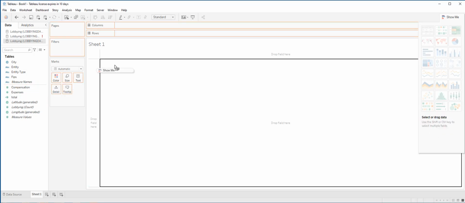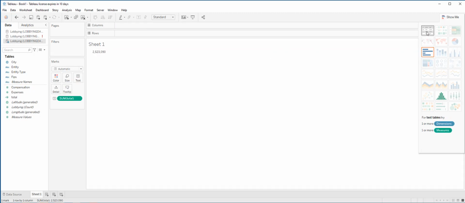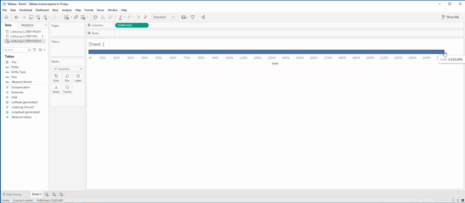So we can drag this total column onto columns, and then Tableau automatically creates a bar chart, and you can choose the tabular chart for text tables. And now on the screen you see the total spent by local governments to lobbyists. With Tableau, as in many software programs, there are multiple ways to do the same thing. You can choose the text table or you can choose the bar table,